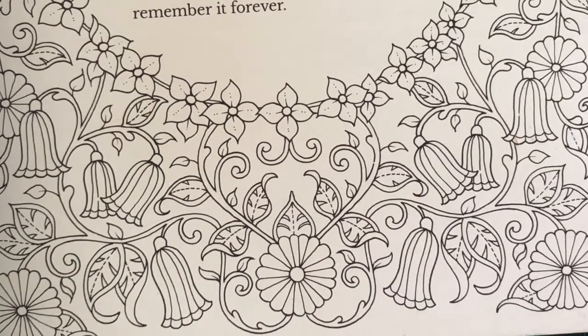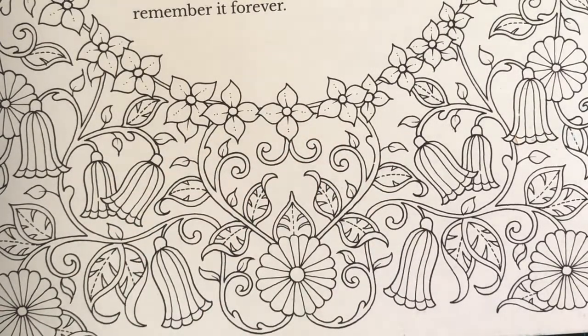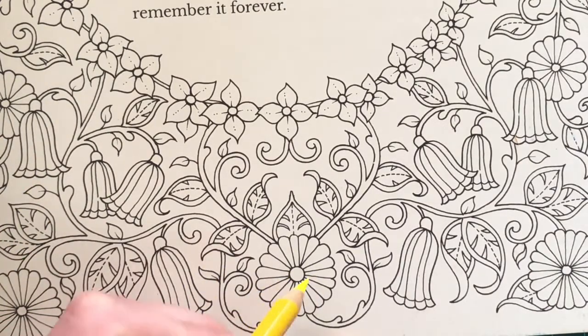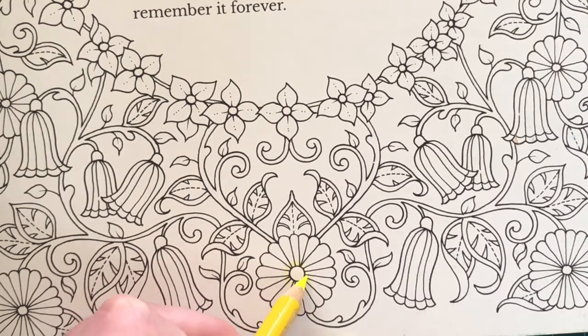That really, when it comes to blending, you need to practice before you start going into one of your precious books. What I'm going to do is, as I did with my leaf earlier on, map out where my colours are and where I want those transitions. So I'm going to have yellow in the middle, just maybe a very small section of yellow,